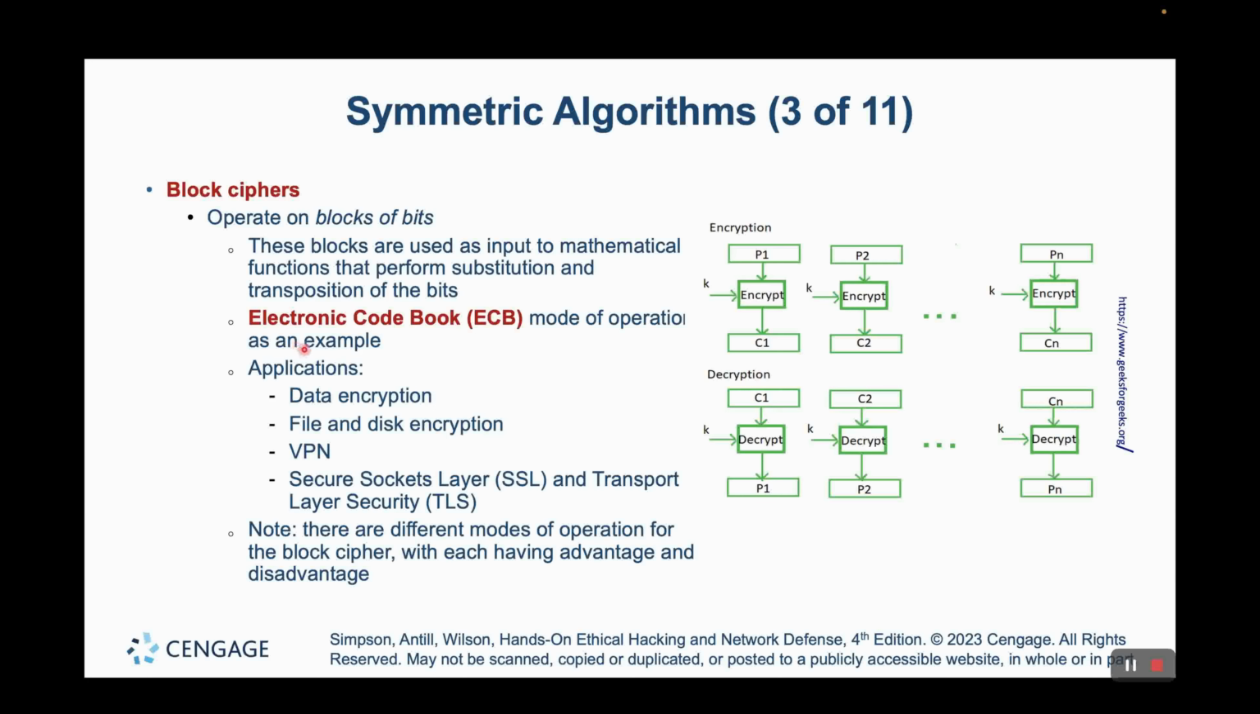It's very simple. And you could see it in different applications, like data encryption, file and disk encryption, VPN, SSL, and TLS. The way it works, it takes the plain text and divides it into chunks called blocks. That's one block, two block, three, four, and so on. Now, the block size can be 64 bits if you're using DES, or 128 bits like AES, which stands for